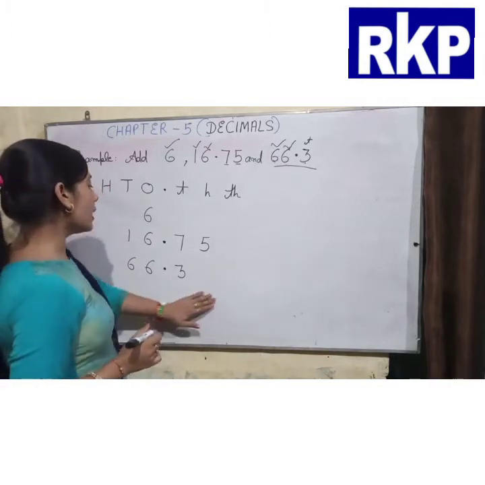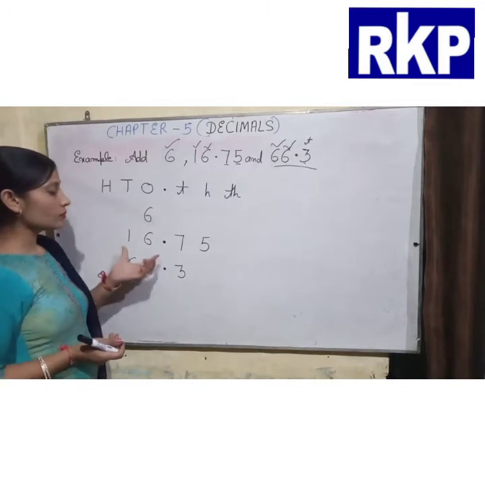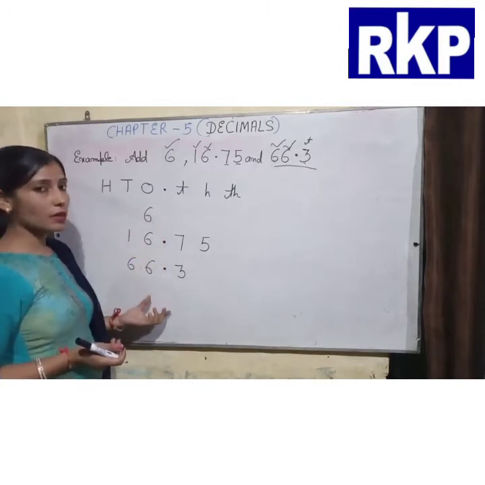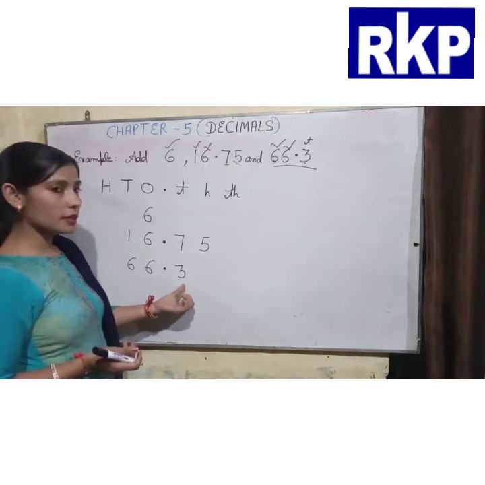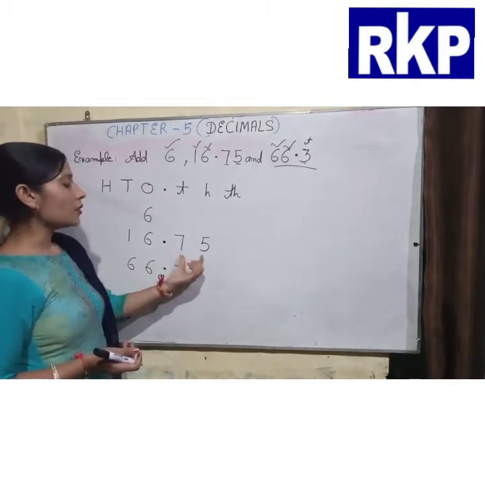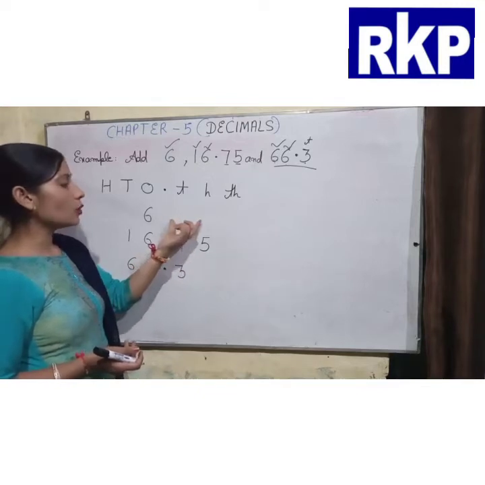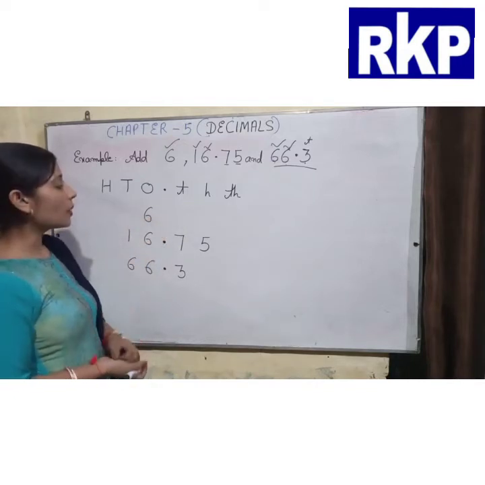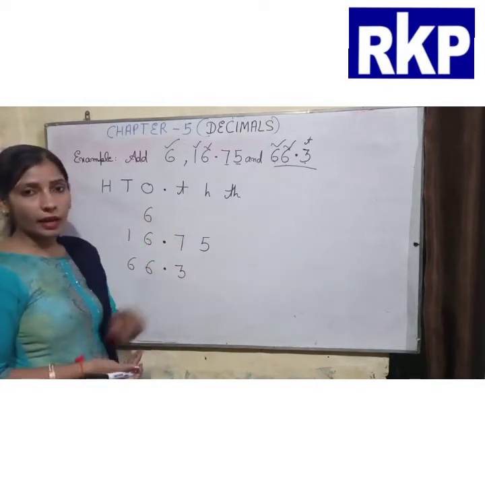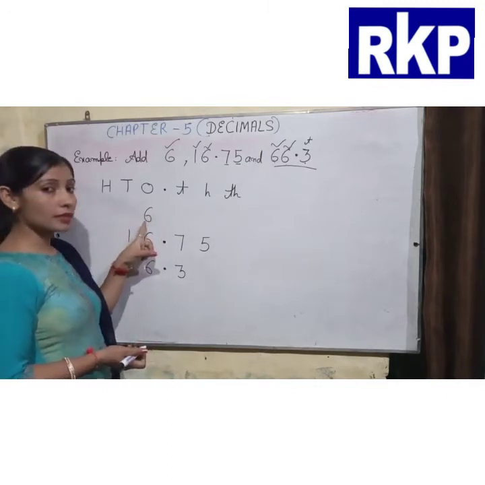Okay. Now beta, let us see. These are not like decimals, because here we have only one digit after decimal point. Here we have 2 digits after decimal point, and here we don't have any digit after decimal point. Here we don't have decimal point. यहाँ पर हमारे पास decimal point भी नहीं है. So where we have put decimal, after this 6.